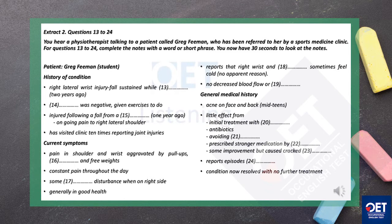Then I read this article that said it can be caused by your diet, and you should cut out dairy products. So I did that for a bit, but it just got worse. And it got so I didn't want to go out or anything. So then my doctor referred me to the hospital, and I saw a dermatologist. Mm-hmm. She was really nice, and she prescribed me some stuff that was much stronger, and that did have an effect for a bit, but I got really dry lips, and they started cracking and bleeding. Okay. And another side effect, well, she said she wasn't sure it was due to the medication, but I think it was. Every so often, I started getting this awful depression. So, in the end, I stopped taking anything, and it seems to have sorted itself out. Yes, your skin looks fine now. Right, so let's have a look at this shoulder of yours. Can you take...